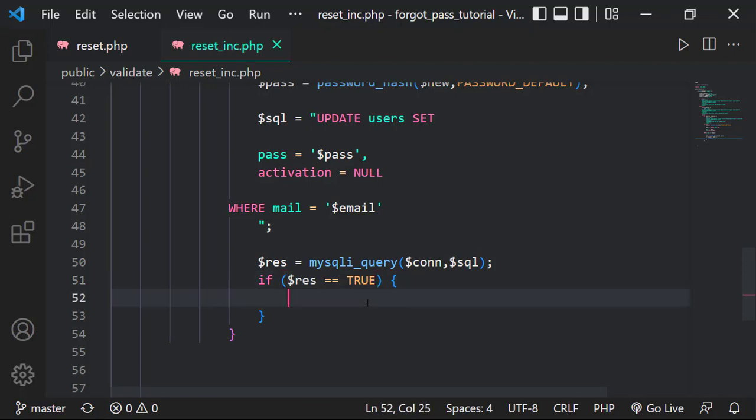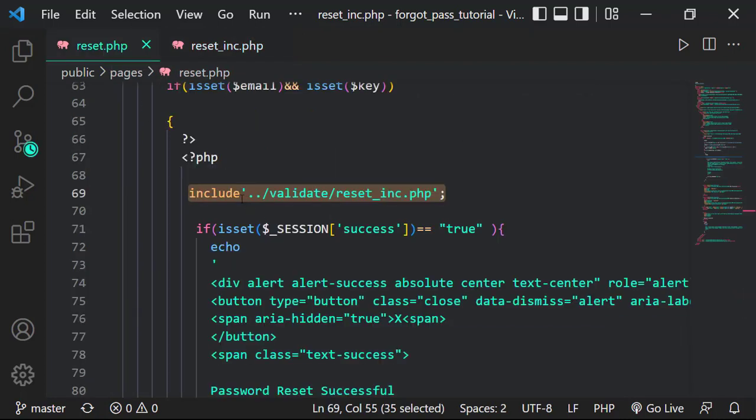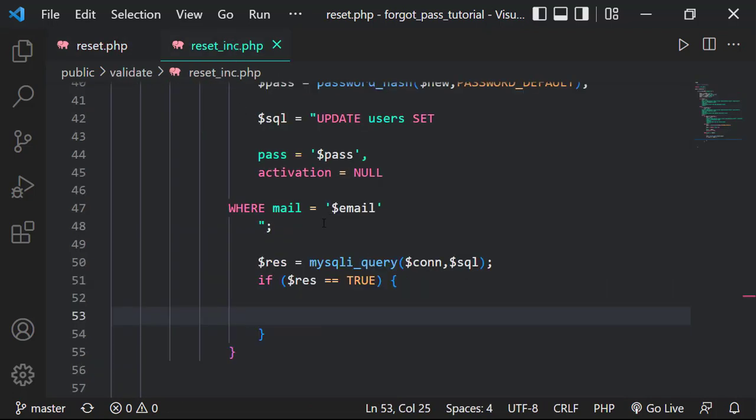Remember the session that is always giving us the problem, and that is requiring us to include the validate reset_inc.php. So this session here that I promised you that we are going to create is the one that we are about to create here. That is when we have successfully updated the password. So I'm going to come and create the session here,